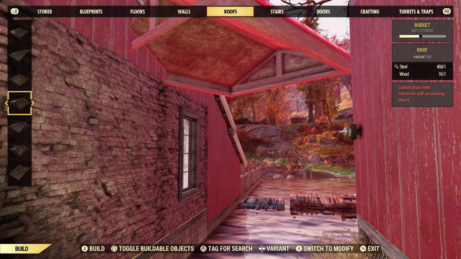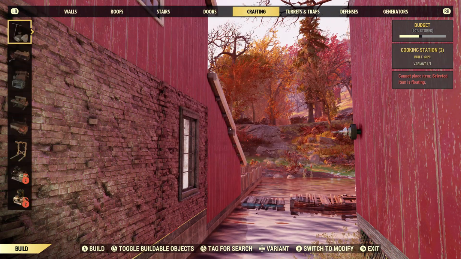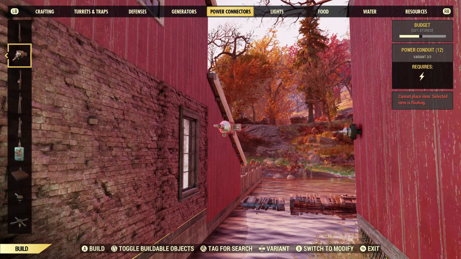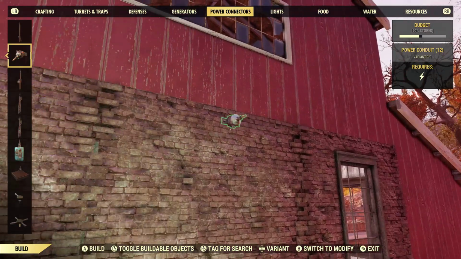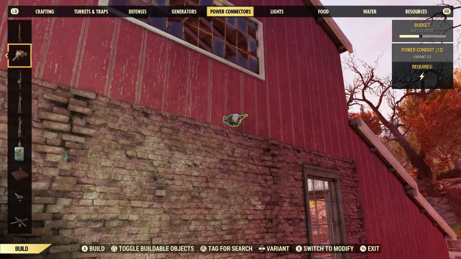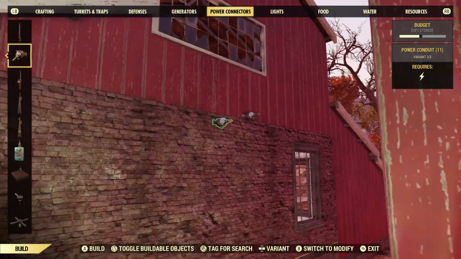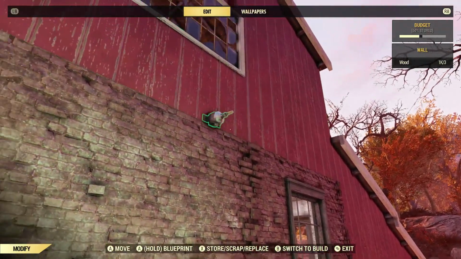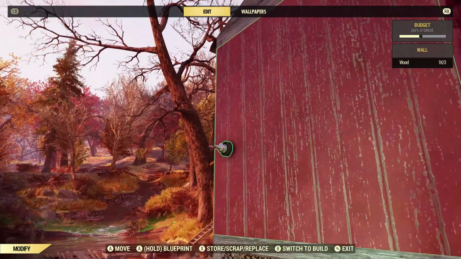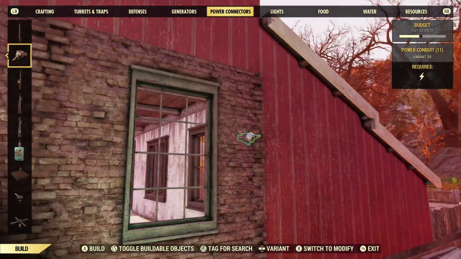Okay, now, to do this, let me see. I need, yes, power connectors. Put a wall power connector thingy about right across from that one, about right there, so that it's, well, it's more like right there, I guess. So it's kind of across from that one. And then put another one